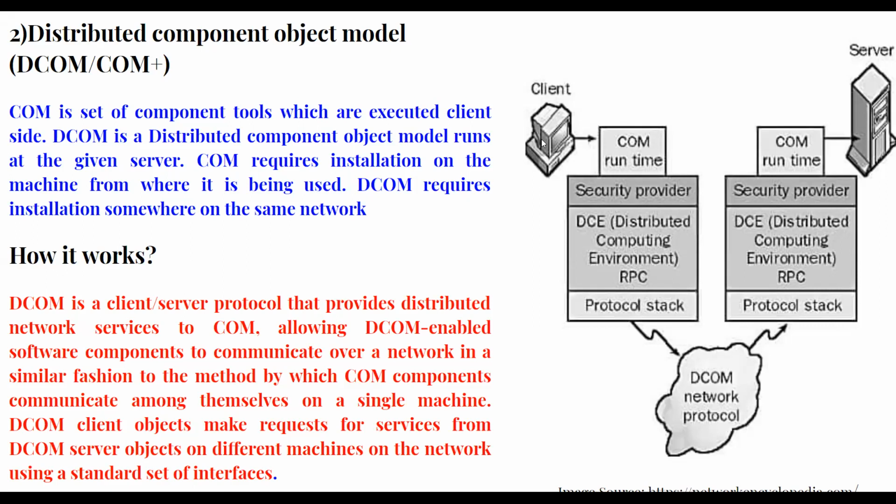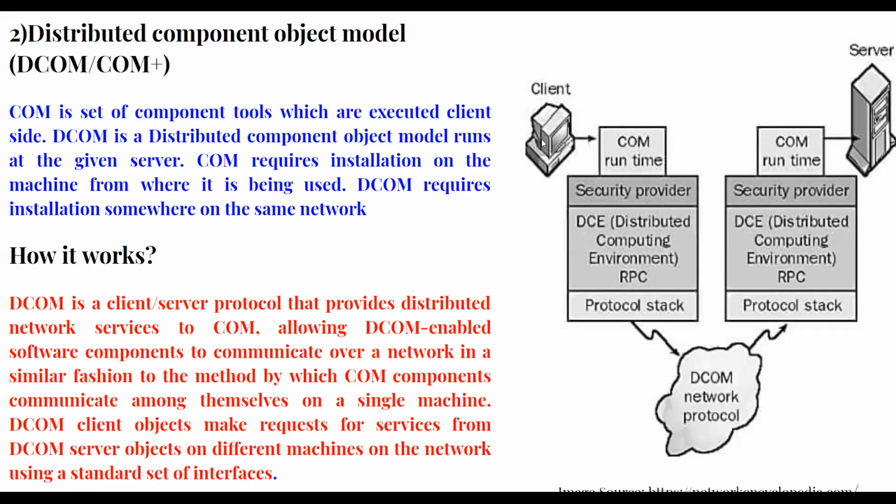In case of COM, you require an additional installation on the machine from where it is to be executed. It is just like an interface that needs to be installed on the client side, and only then can the interaction between the client and server take place. In case of DCOM also an installation is required, but that will be on some network or on the location where the server is going to initiate the communication or fulfil the response. So basically DCOM is a client server model, as we have already seen before.